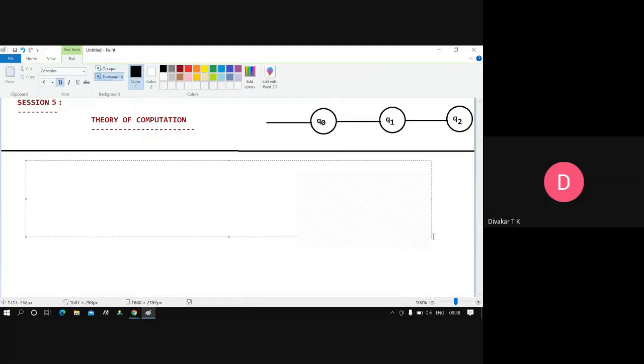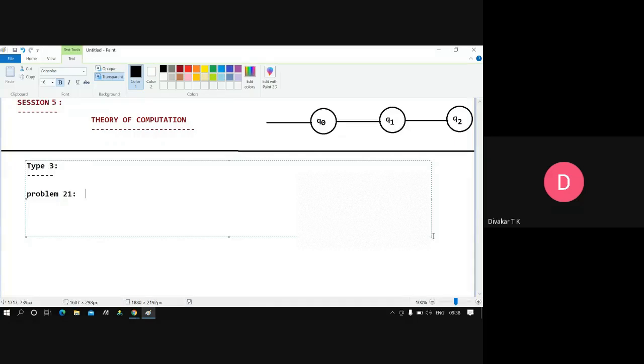Deterministic finite automata problems. So already we had done two types of problems. Today onwards we are going to check with type number 3 problems. Okay, great. Type number 3 problems. So now, what is the problem number? The problem number is